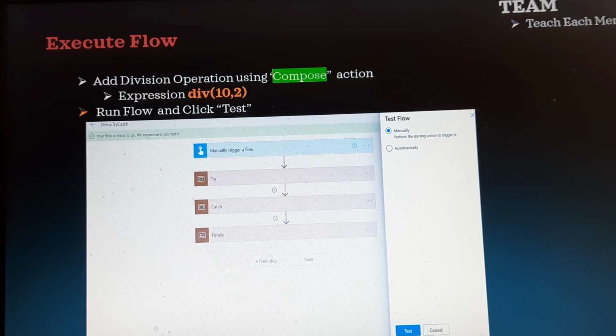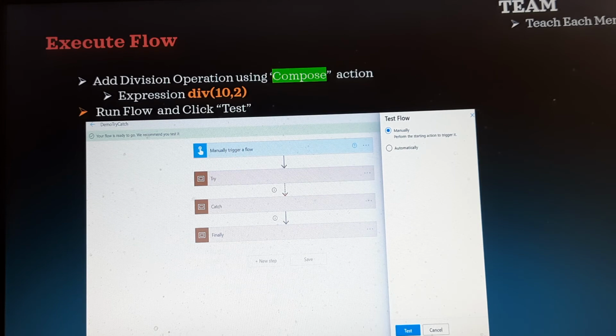So as I told, if the business logic fails, then it will be caught in the catch block and it will go into the finally block. If the try block does not have any error, then it will skip the catch block and move into the finally block, as the general normal rule of the try catch block.